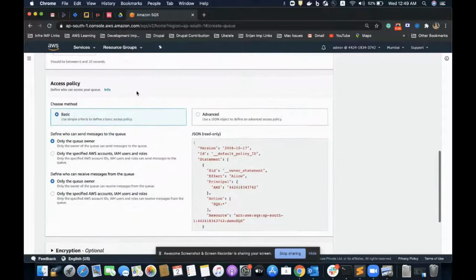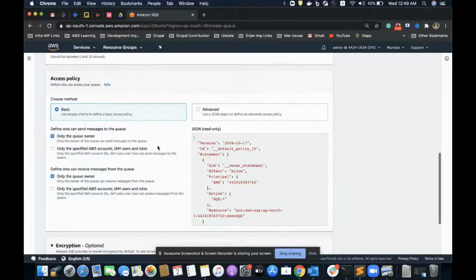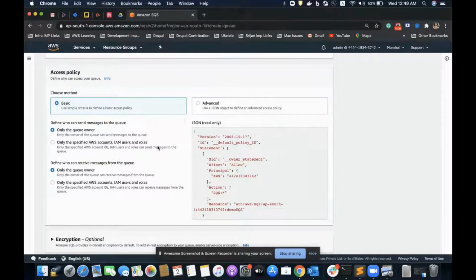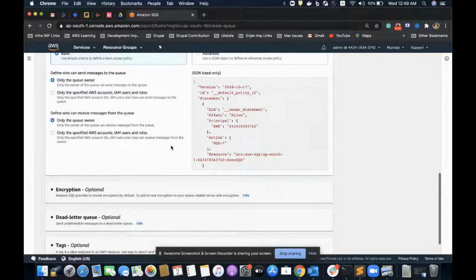Then I'll go to the access policy. We have this access policy as we have in S3. Here we can define the rules in JSON format, as in who would have access to our SQS, meaning what applications would be able to send or receive messages with SQS.